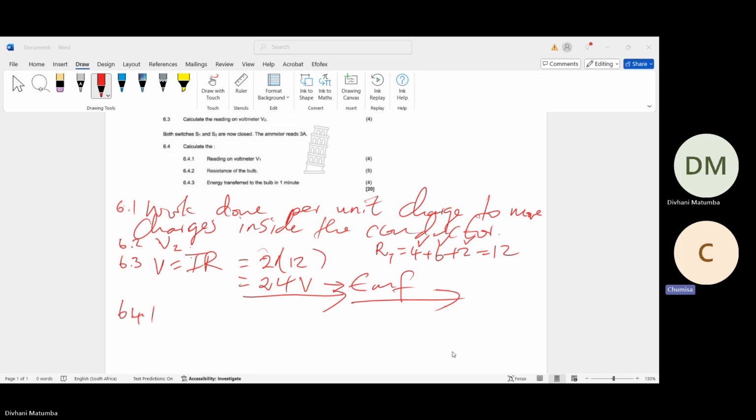V is equal to I times R. V equals IR. Perfect. Okay. Now your I will be 3A. Okay, it will be 3A. Let me just write it as 3. Okay, this will be 3